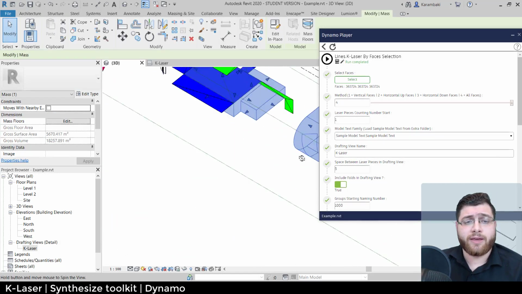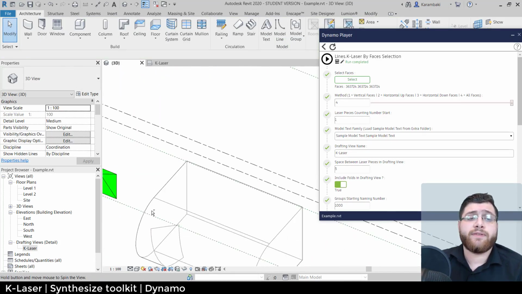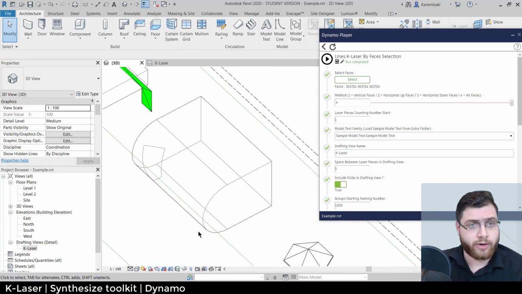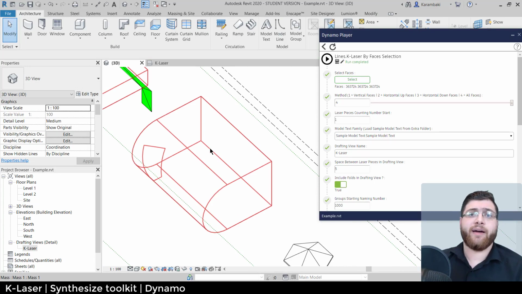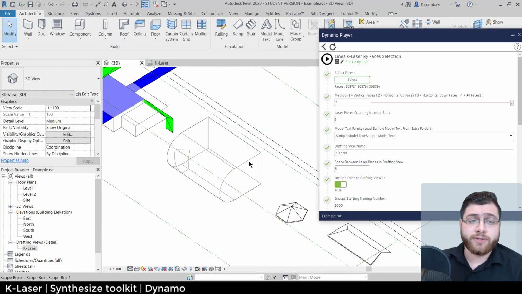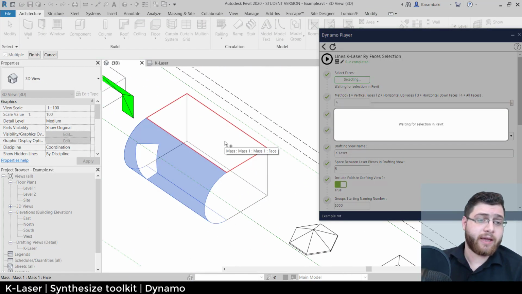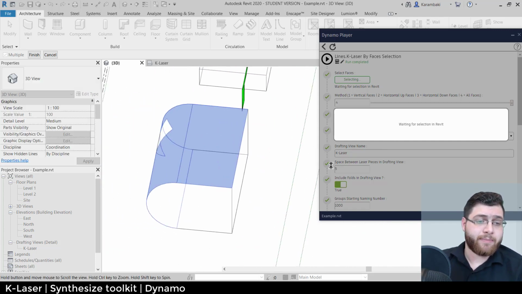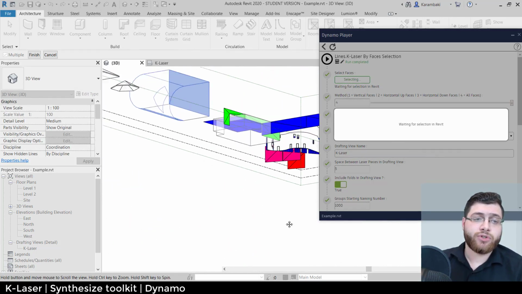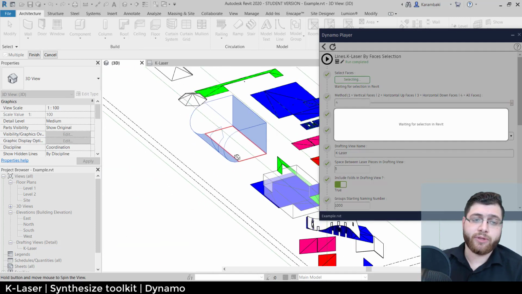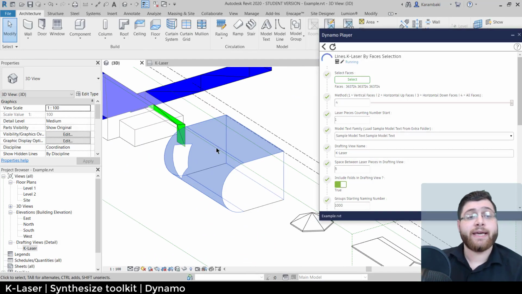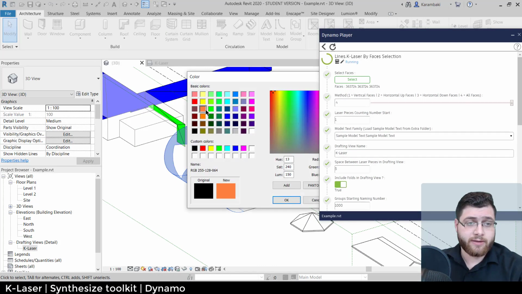Now let's go to something more complex. When it comes to curvy faces, as I said before, if they are single directional curves, they will work. And this is a single directional curve. It's not doubled, like that example in here. So I'm going to choose, let's say, this and this, maybe this too. Yeah, I guess that's enough. I won't choose the bottom side because I want to include the bottom side in the next selection. And I'm going to click on finish, and then click on play and give it some time after choosing the